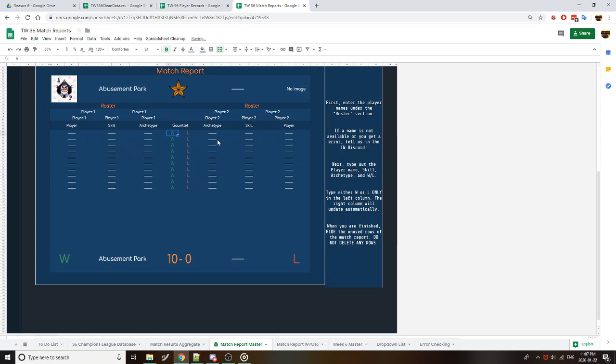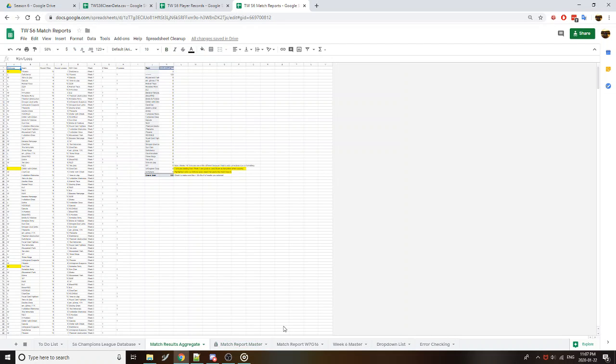Okay, so that's that. So I've added in a new function to help automate calculation of division standings, and also for playoff calculations. So what it's gonna do is, it's this match